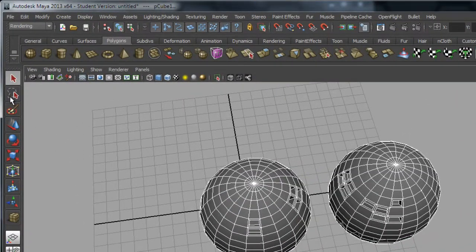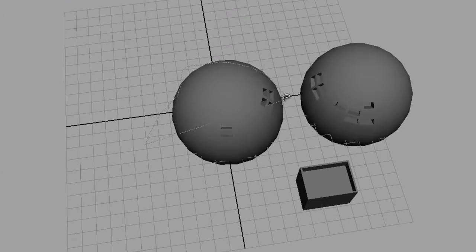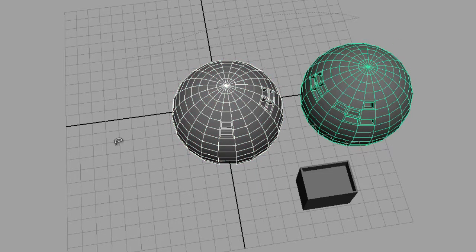Let's have a look at, we've got a lasso tool just up here. Okay, so if I click that and then drag a lasso around, you can see it selects that. I can do it across multiple objects or around entire objects. If I hold Control down once again, I can,